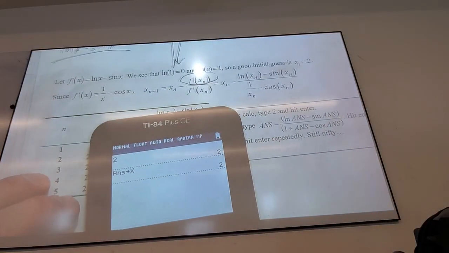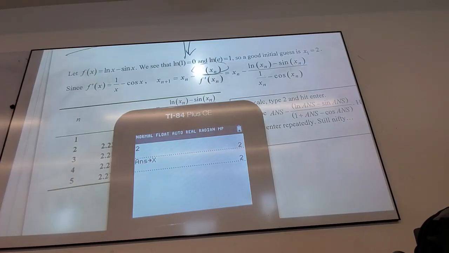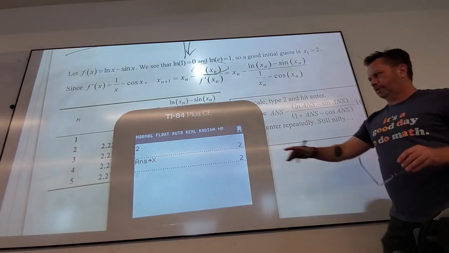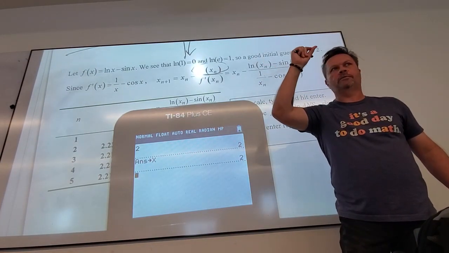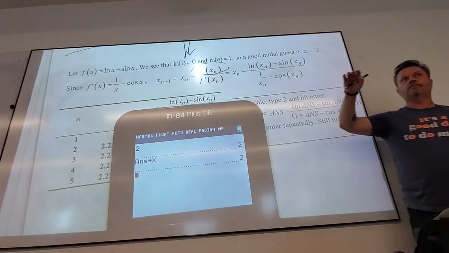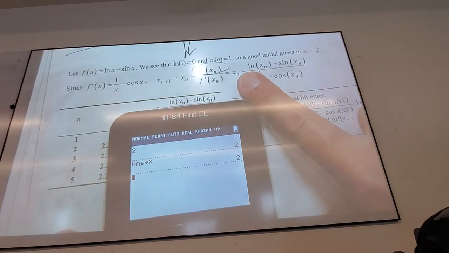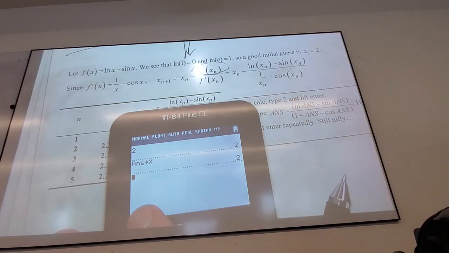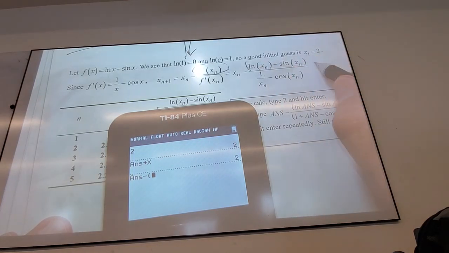Okay, now watch this. This kicks so much ass. You ready? Can you remind me what that ANS answer holds in memory? 2. Currently 2, but doesn't it update every time a new number shows up? That is key. Every time the number on the screen changes, that's what ANS is. It's the last number that was on the screen. So watch this. What am I supposed to put here? The current guess. ANS. So I put answer minus parentheses, I've got to tell it what the top and the bottom is.